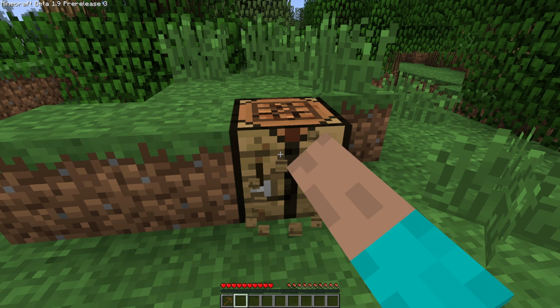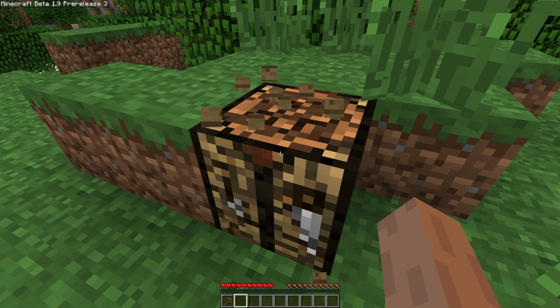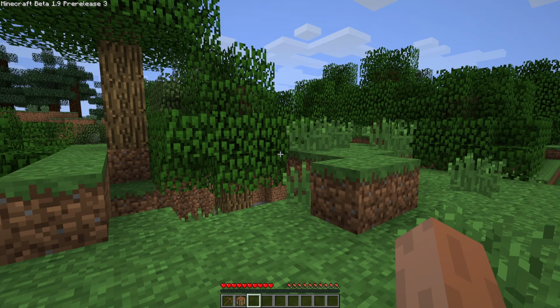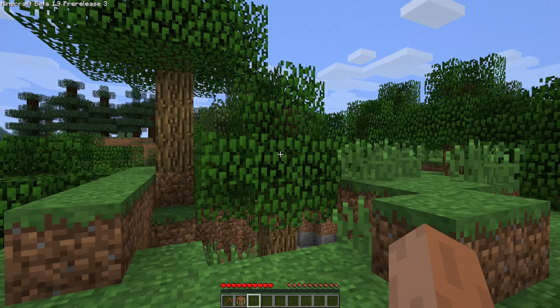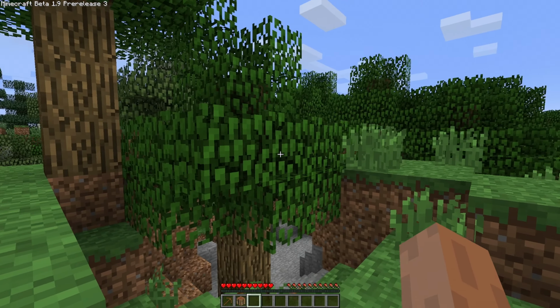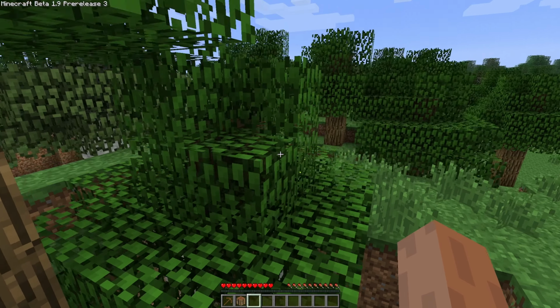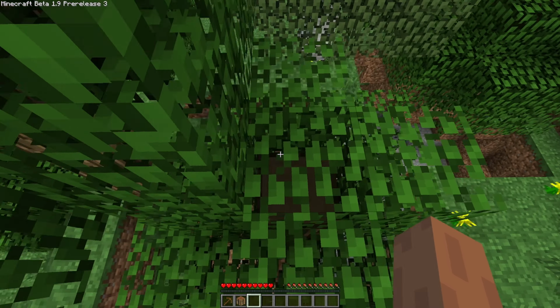But for now, I just kind of wanted to start off, and we're going to go ahead and get set up here with some basic tools and stuff, and then we're going to go ahead and get our first unobtainable item, or at least make our way over to it, and I'll show you guys what that looks like in a second. For now, let me just gather up some stone, get rid of this tree, and then we'll talk more about